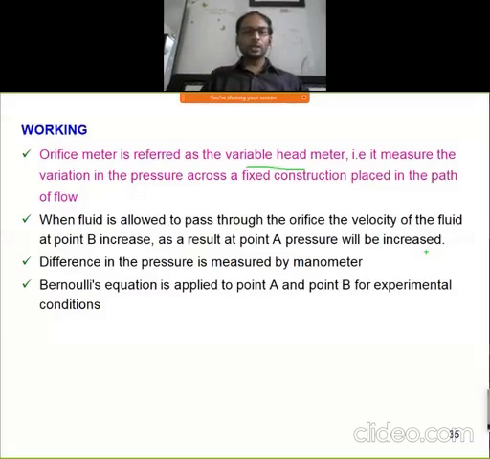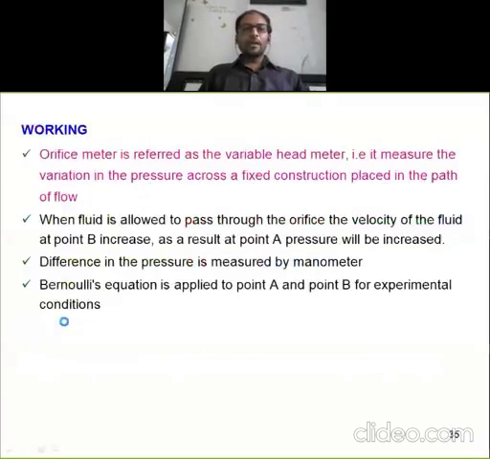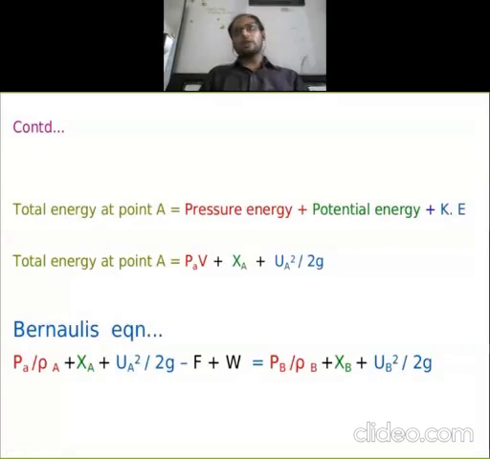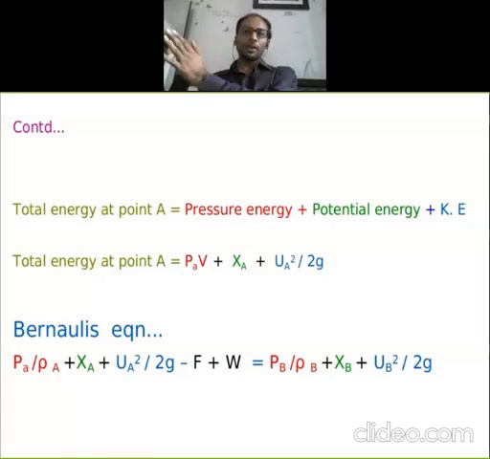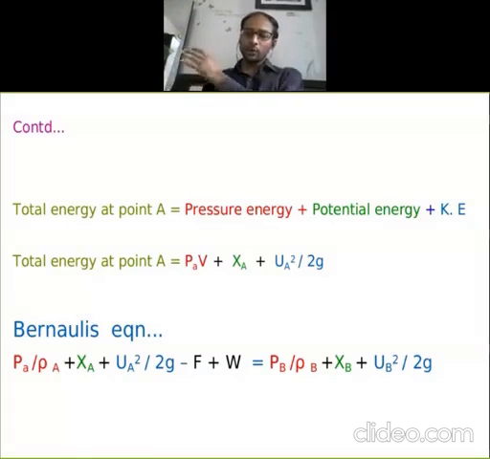Here we have to consider Bernoulli's equation. As we have already gone through how to determine the value in Bernoulli's equation, or how it is derived at different points, here also we have to consider the same. When we are dealing with Bernoulli's equation, it indicates what? That the total energy, the sum of all energies, should be constant throughout, at any point, whether we are dealing with point A, point B, point C, whatever it may be.